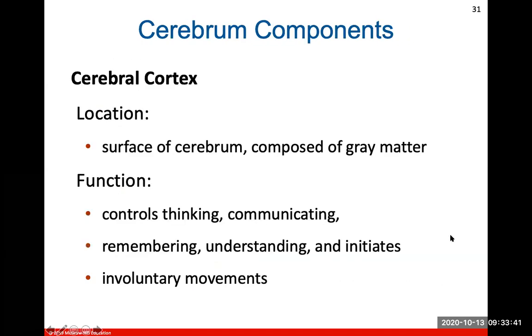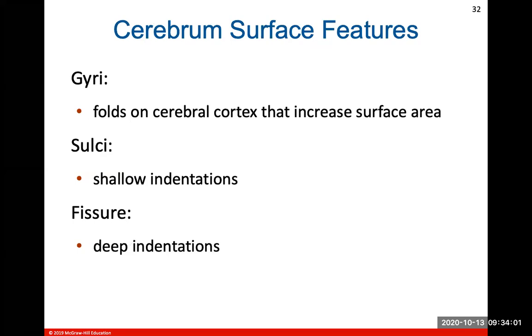The cerebral cortex is the surface of the cerebrum. So the surface of the cerebrum is composed entirely of gray matter, and we call that the cerebral cortex. This will control your thinking, communicating, remembering, understanding, and will initiate involuntary movements. Gyri, or a gyrus for singular, is any sort of brain fold on the cerebral cortex that increases surface area. A sulcus is a shallow indentation between gyri, and a fissure is a very deep or prominent indentation between gyri